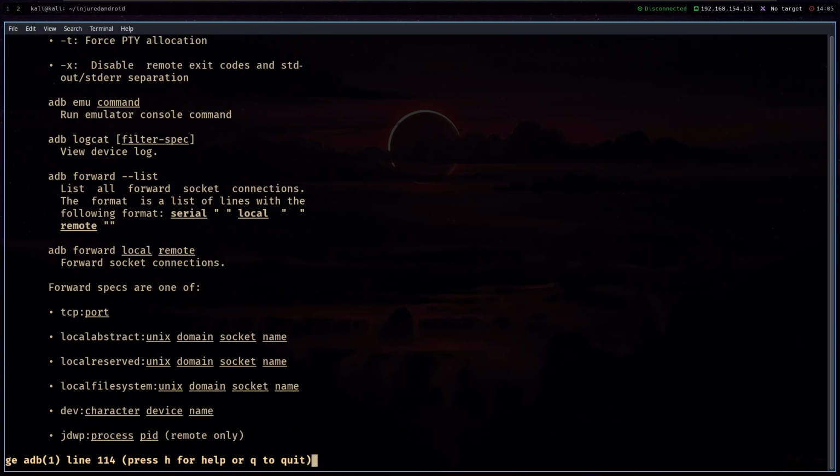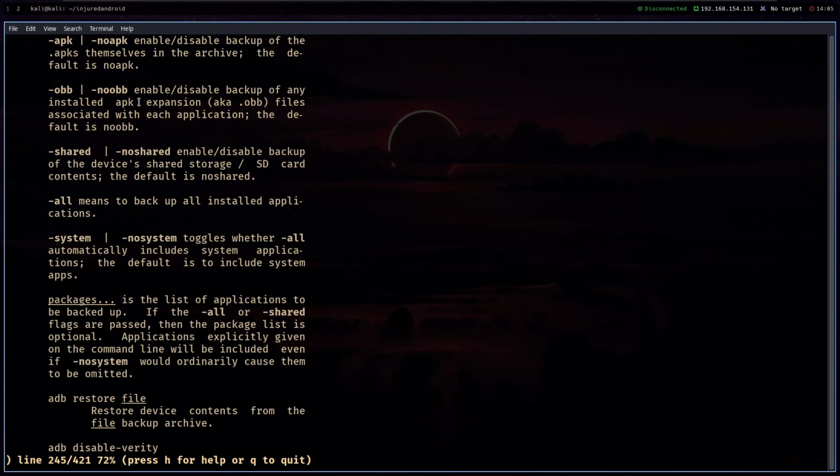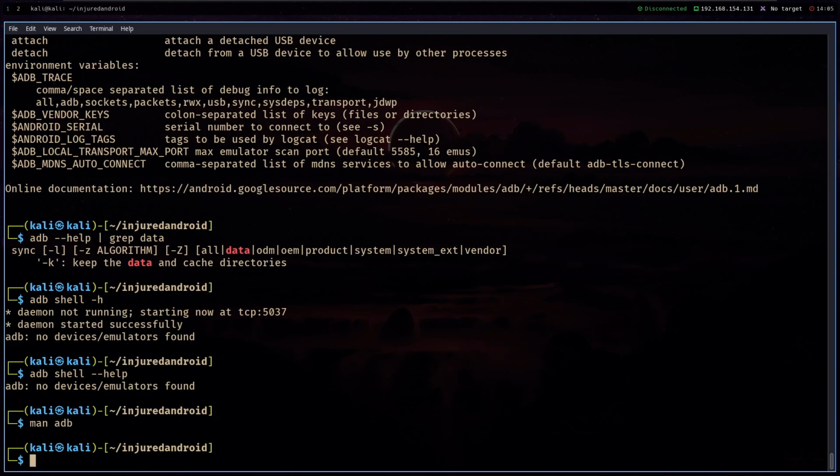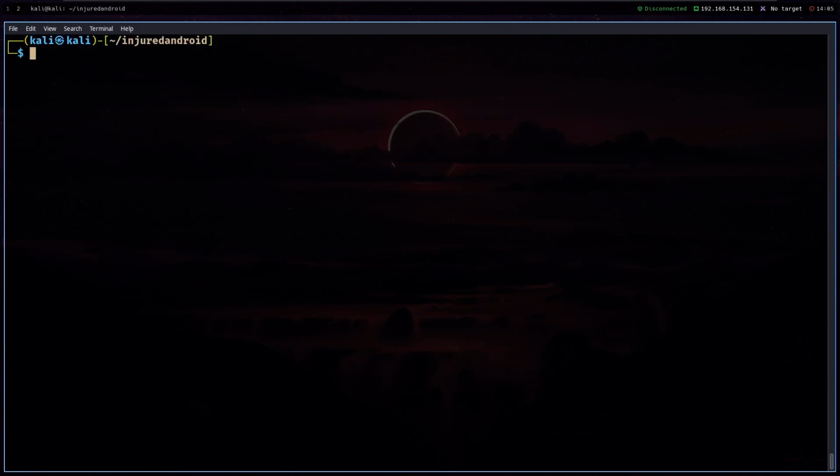Let's see. Why is it not highlighting? I don't really see here the data. Next. Let's try to provide the data with -d. I just wanted to show here how I would search for commands if I didn't know what to do. I know that on adb you have to type in -d to look at the data, but if you are